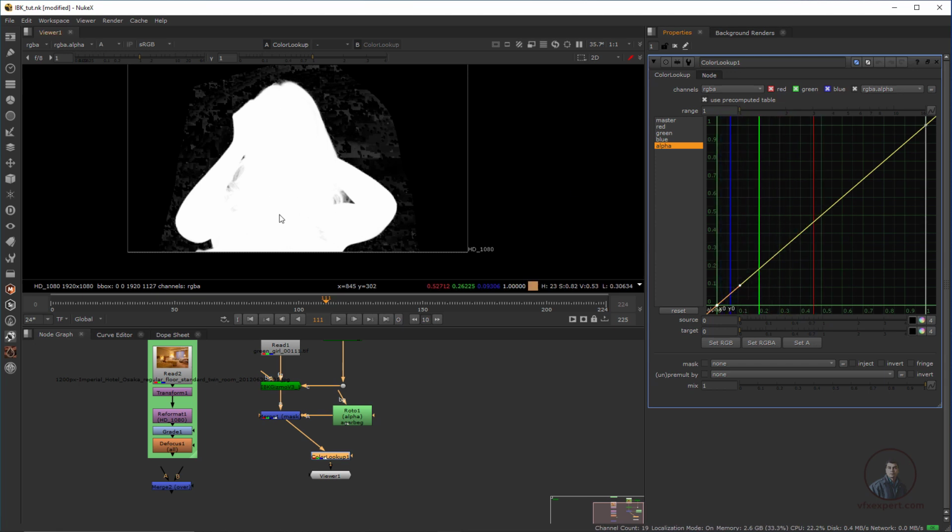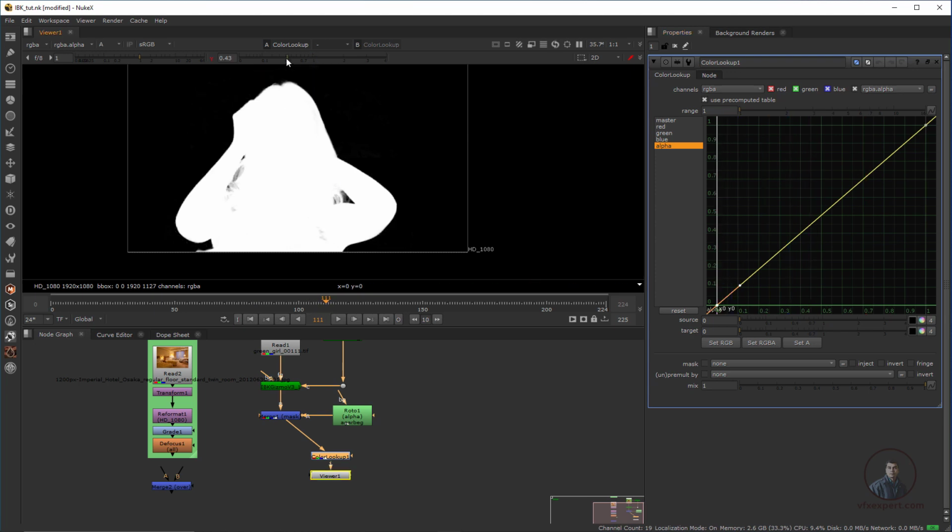So if any pixel is not white, you can adjust it with the help of this one. Now if you check a little bit in gamma, I think there are some problems here. So how can we adjust? Take this white one and you can adjust. Maybe like this also.